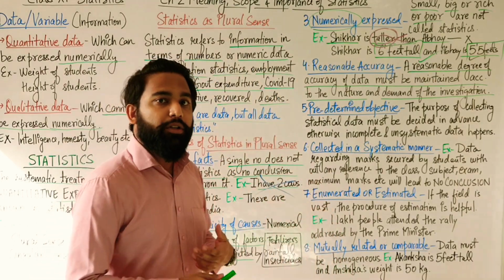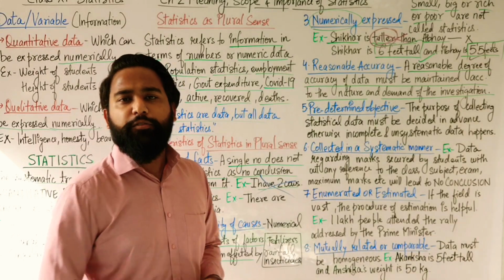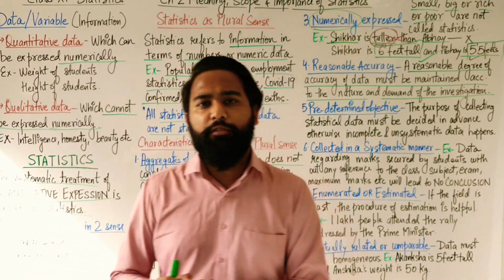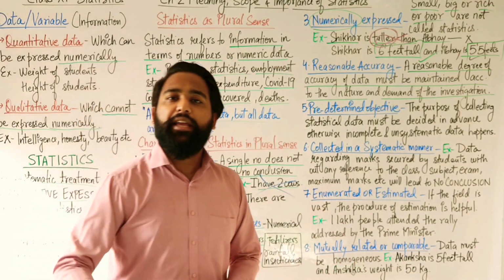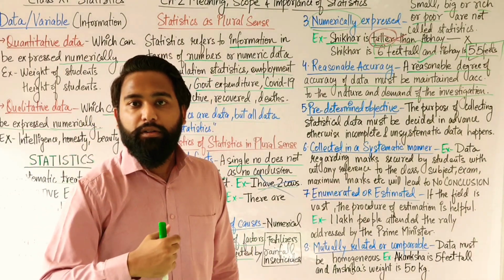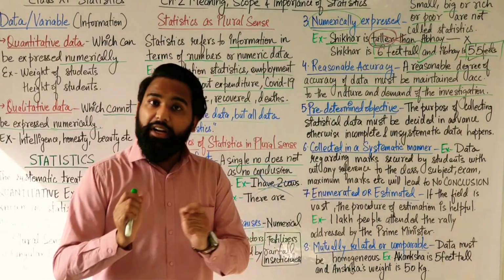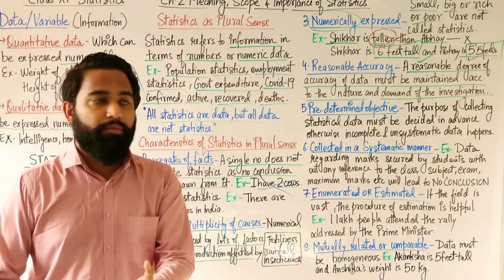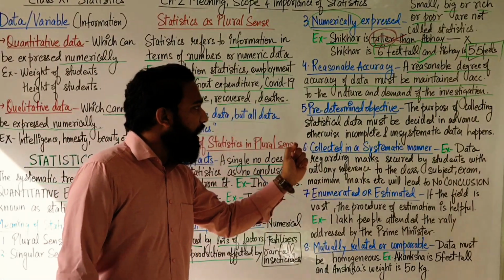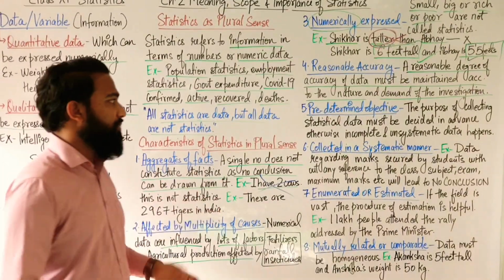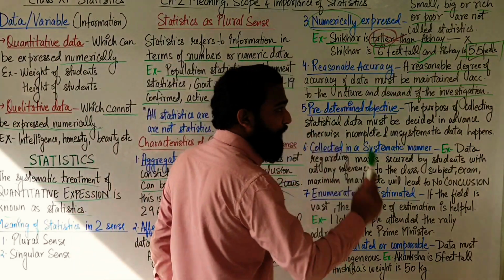It's very simple, because I want to know how many of you are good students and how many of you are weaker ones, so that I can help you more. So, there is a predetermined objective of asking about some data. The data regarding the objective, that objective must be predetermined.